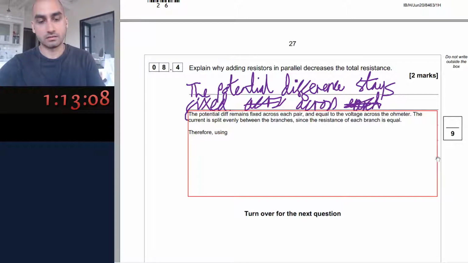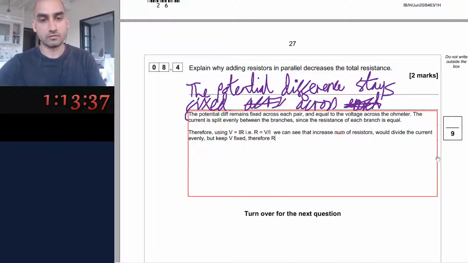Therefore, using V equals IR, i.e. R equals V over I, we can see that increasing the number of resistors would divide the current evenly but keep V fixed. Therefore, resistance would